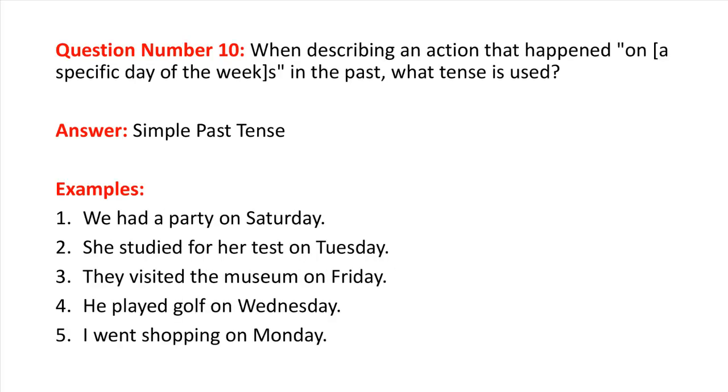Question number 10. When describing an action that happened on a specific day of the week in the past, what tense is used? Answer: simple past tense. Examples: We had a party on Saturday. She studied for her test on Tuesday. They visited the museum on Friday. He played golf on Wednesday. I went